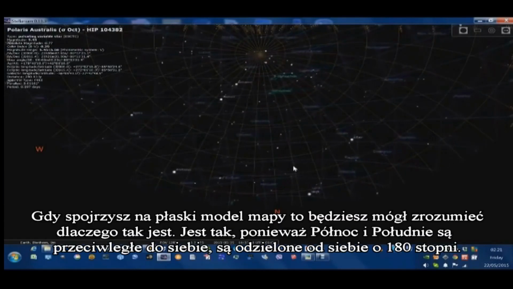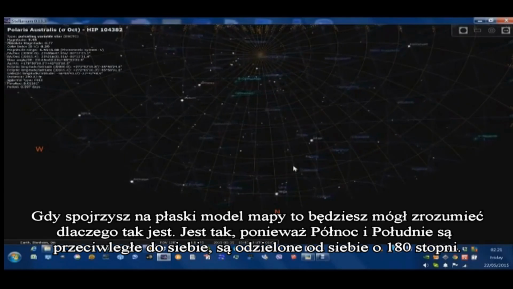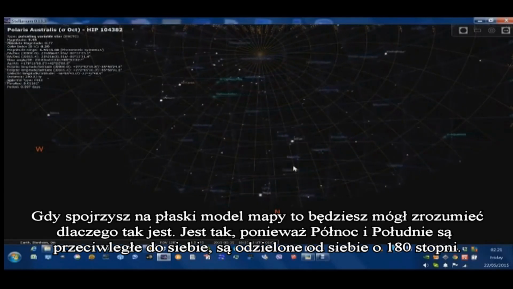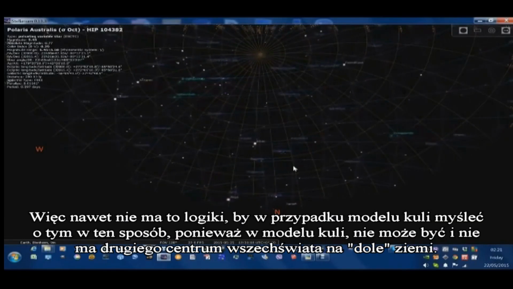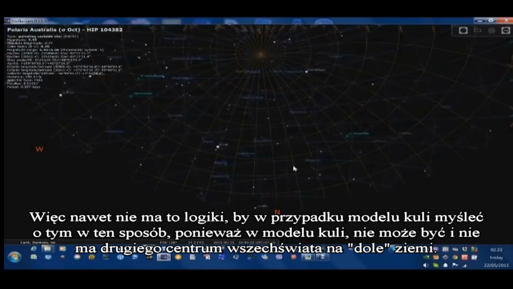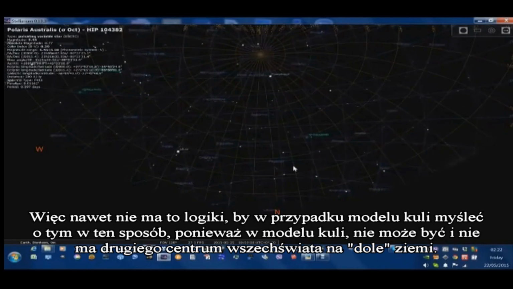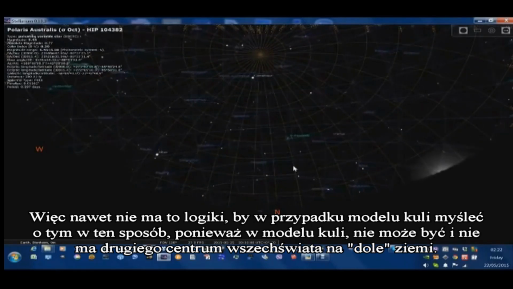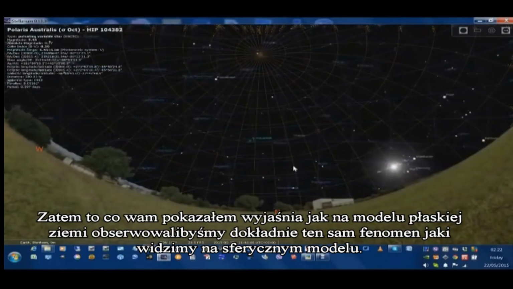And if you're looking north from a New Zealand perspective, you're looking south from a UK perspective. So if you look at the flat Earth map, you can see why that is, because the north and south are opposing each other. They're 180 degrees apart. So it doesn't enter into anyone's minds to think about this in the globe model, because of course in the globe model they don't think they're looking at the same thing. They think they're on the bottom of the world. So what I've showed you